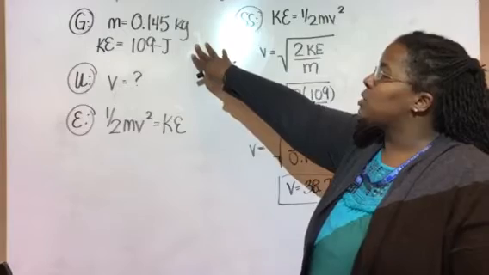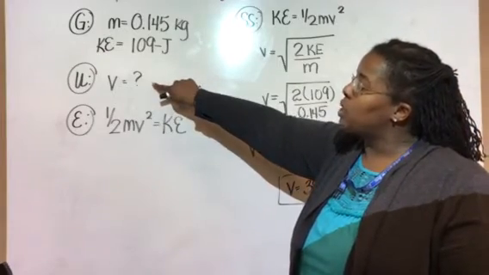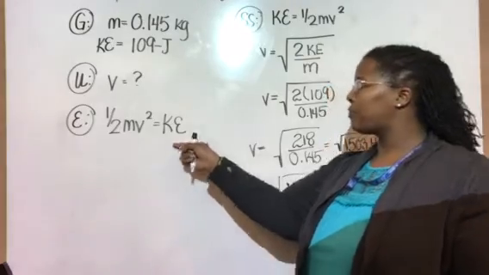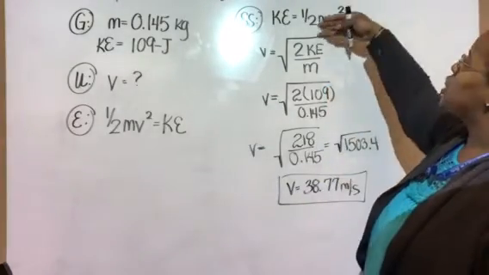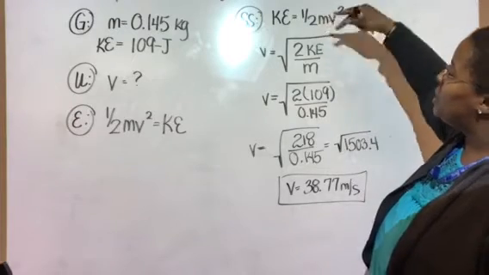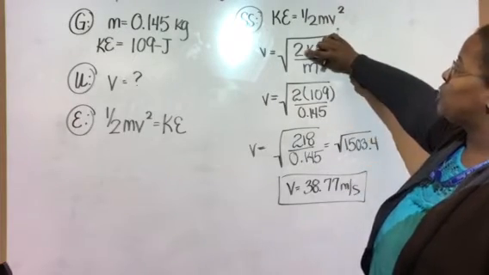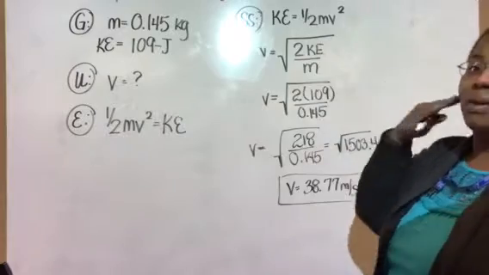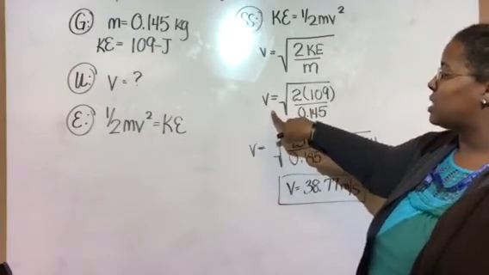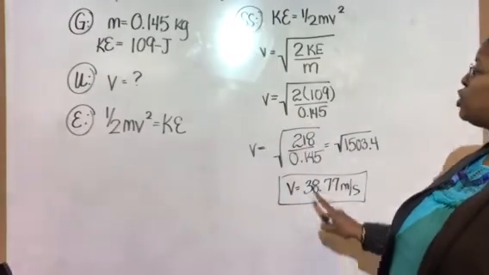Your given information was here. Our unknown was velocity. This was the original equation that we were given. You would normally take the square root on both sides to remove your square. You would also flip your fraction in order to move the 2 to the top, and that 1 is imaginarily still at the bottom. We knew we wanted to solve for velocity by itself,